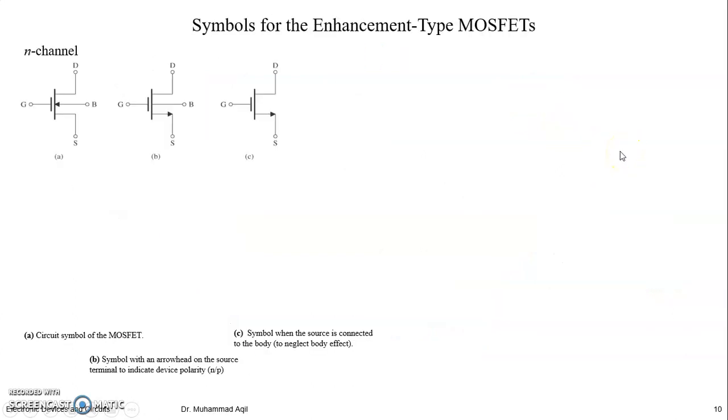Now we are at the stage to introduce the symbols of the MOSFET. What is this new thing? Enhancement type. Enhancement means you have no channel until you apply VGS greater than VT. As you apply VGS greater than VT, the channel is formed. As much as you increase your VGS beyond VT, VOV increases, and your channel is more enhanced, having more depth. So this transistor is called